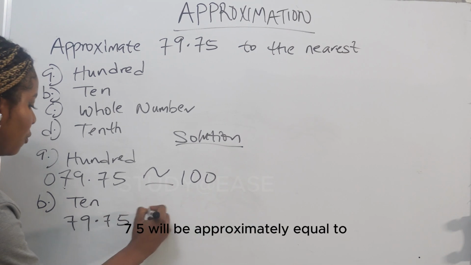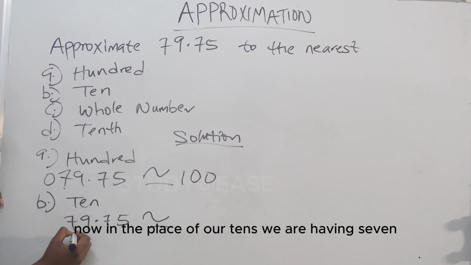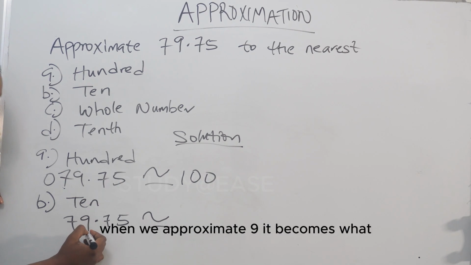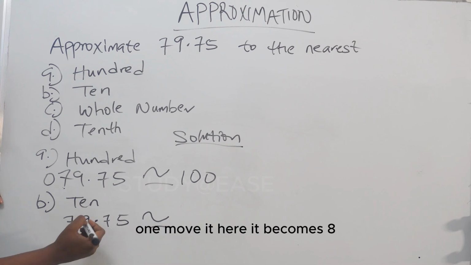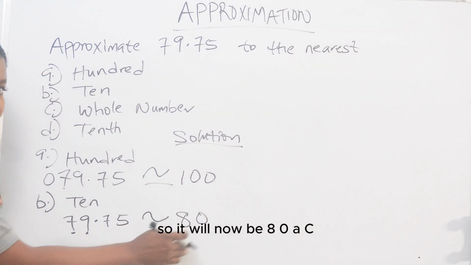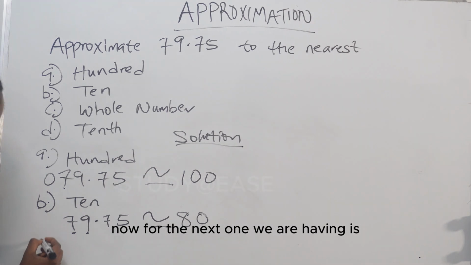79.75 will be approximately equal to. Now, in the place of our tens, we are having 7. The next thing that follows is 9. When we approximate 9, it becomes 1. Add it here, it becomes 8. So it will now be 80. Now, for the next one we are having is